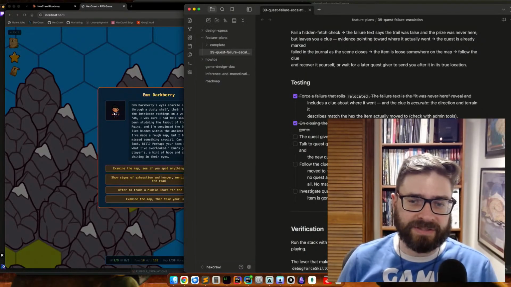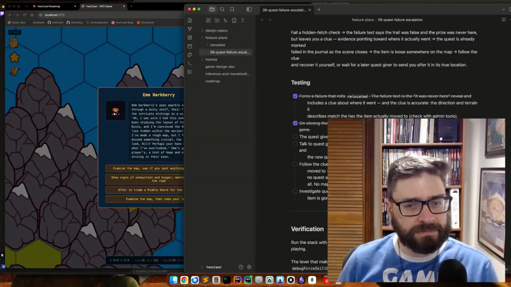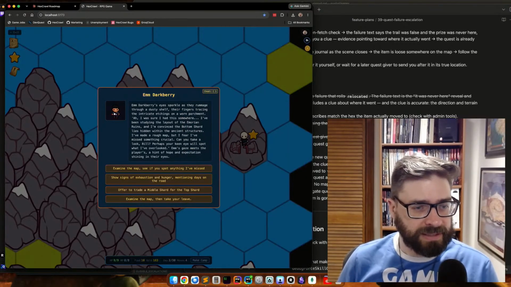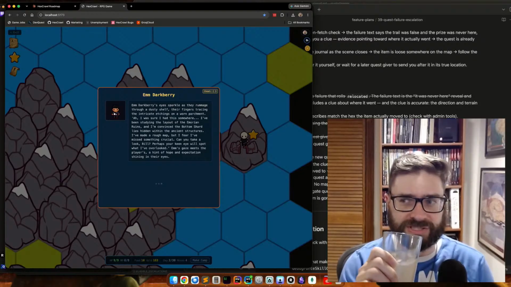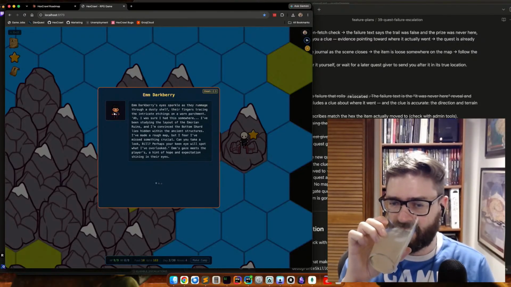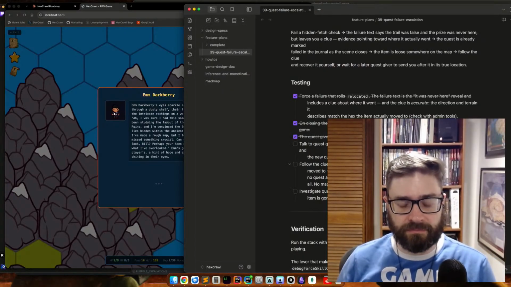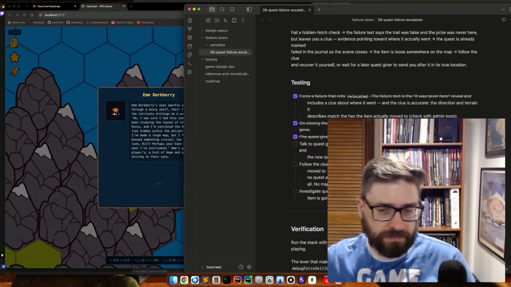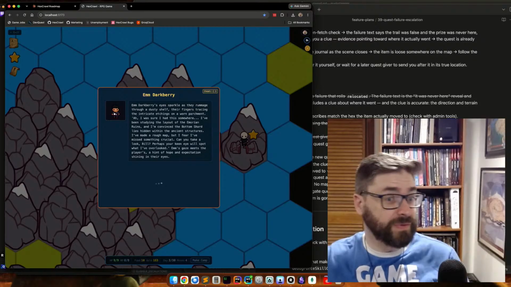Is that the quest giver acknowledging failure? It seems pretty light. I mean, I guess it is. I guess they're acknowledging it. Yeah, let's examine the map together. Let's take a look. See what you missed, Em. You sent me on a wild goose chase to the wrong place. Okay, so talk to the quest giver, see if they give me a new fetch quest to go find it where it really is.